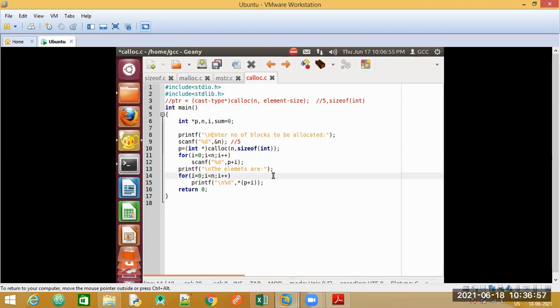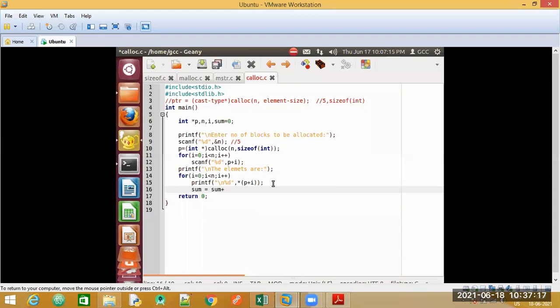Only one change that we need to do here, that is we need to calculate the sum of the elements. So what is going to be the change here? We just have to add sum is equal to sum plus,